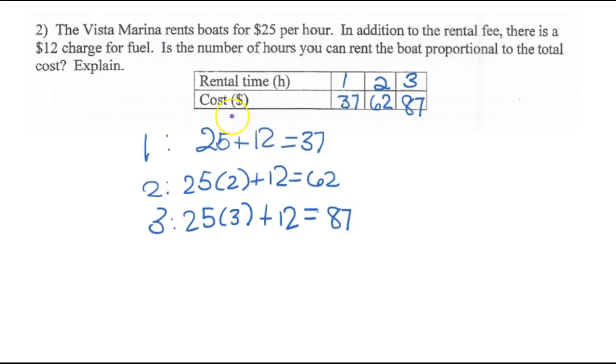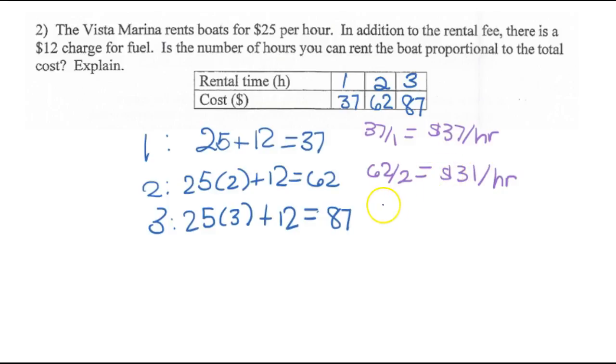So now the question here is, is this proportional? Well, let's start here. We have 37 over 1. That's going to give us $37 per hour. The next one, we have 62 over 2. That's going to give us 31 per hour. You can already see right here that these are not the same, so this is not going to be proportional, but if we finish this out, 87 over 3 is going to give us